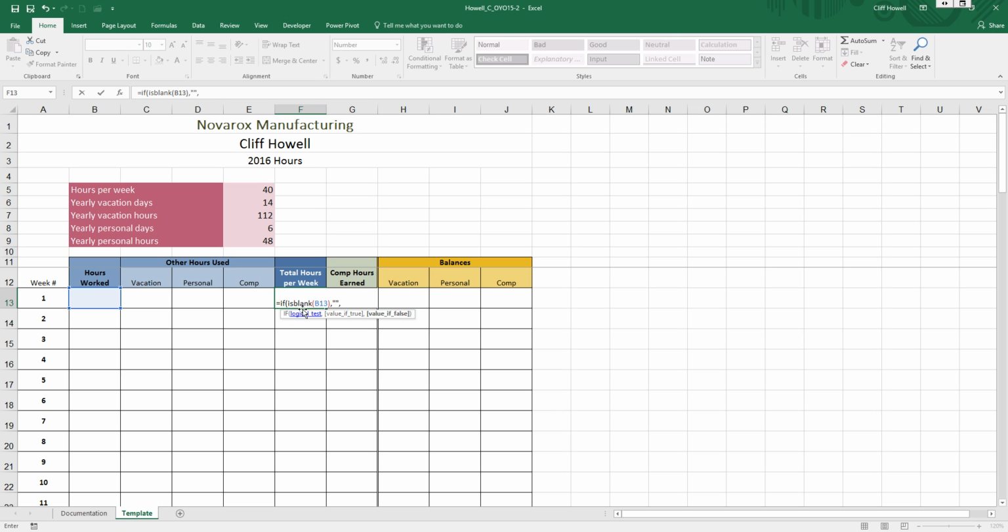So think about what's happening here. If you say it that way, it makes more sense: if B13 is blank, then I don't want to display anything here. But if it's not blank, then here's what I want to do. And that's what the false condition would be that we're going to build here. So the second part of step 6 says, otherwise, return the sum of the hours worked plus the other hours used cells, that'd be range C13 through E13 for that row, to calculate the total hours per week. So in other words, if it's not blank, then we want to add